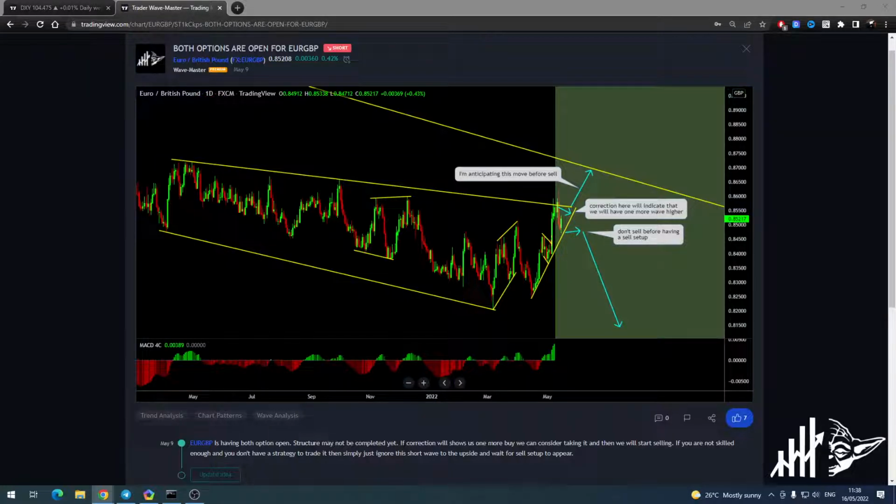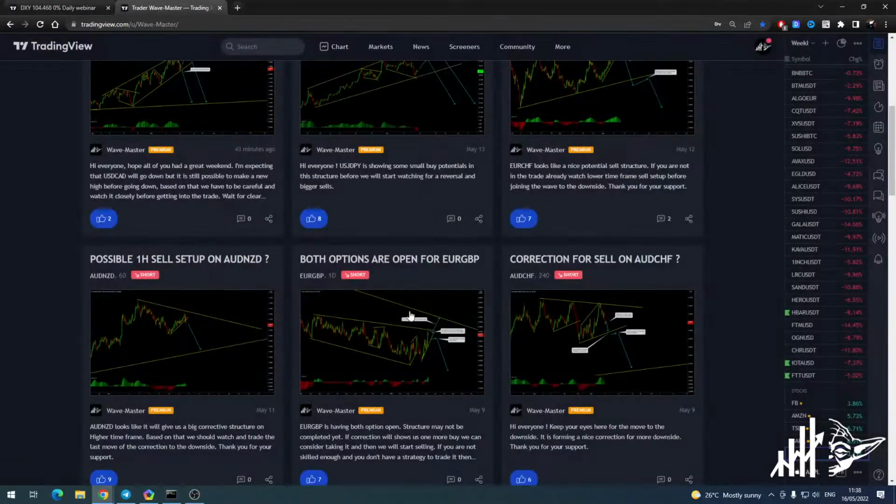Okay, and you'll end up having some problems if you do so. So stick to the lower time frames. Lower time frame is what you will have to follow to catch some good trades, to catch some good setups with good risk to reward ratio.